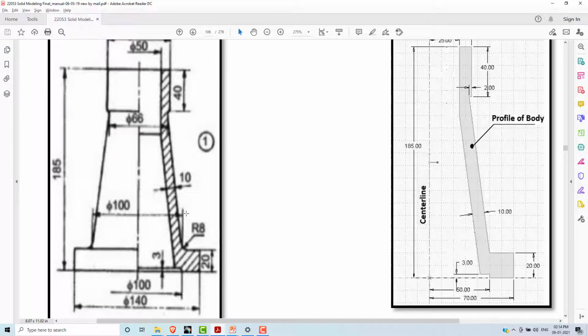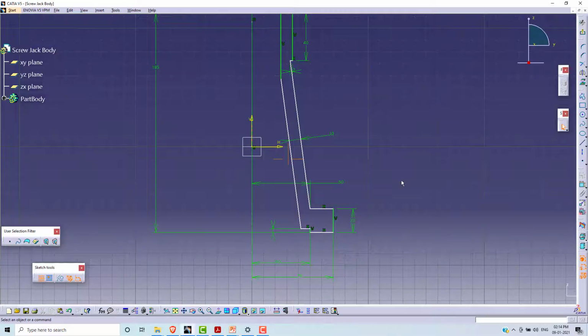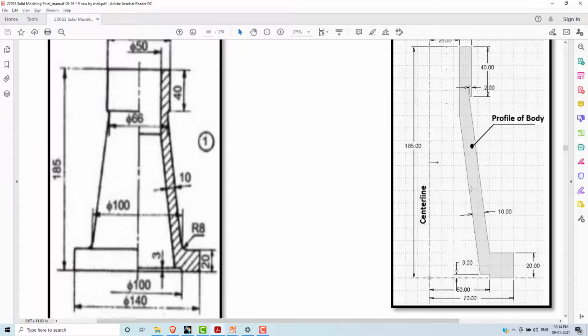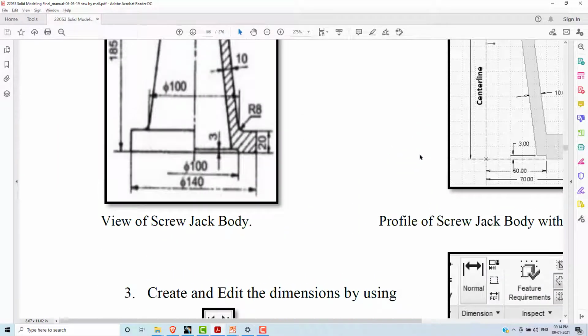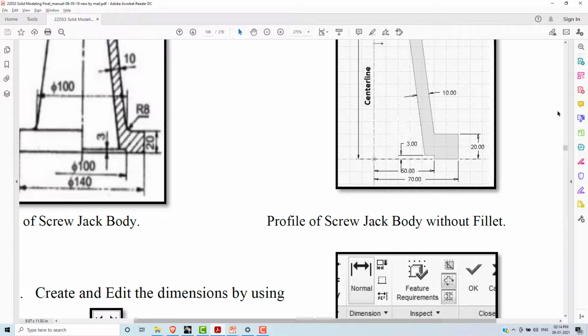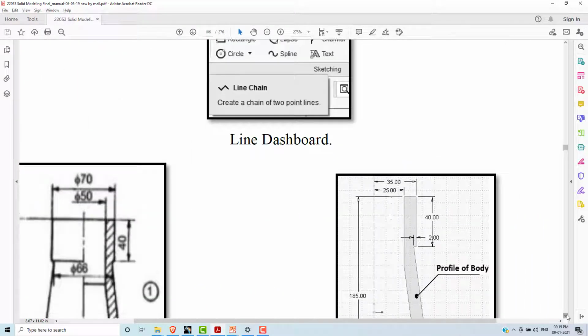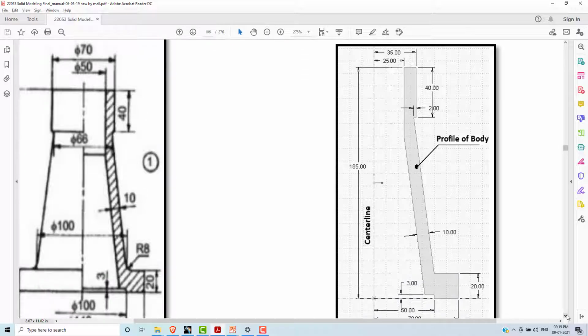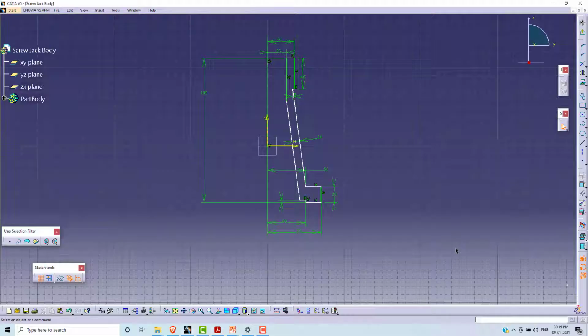Center line to this, it is 50. Total is 100. The geometry is completed. Then go to Exit Workbench.